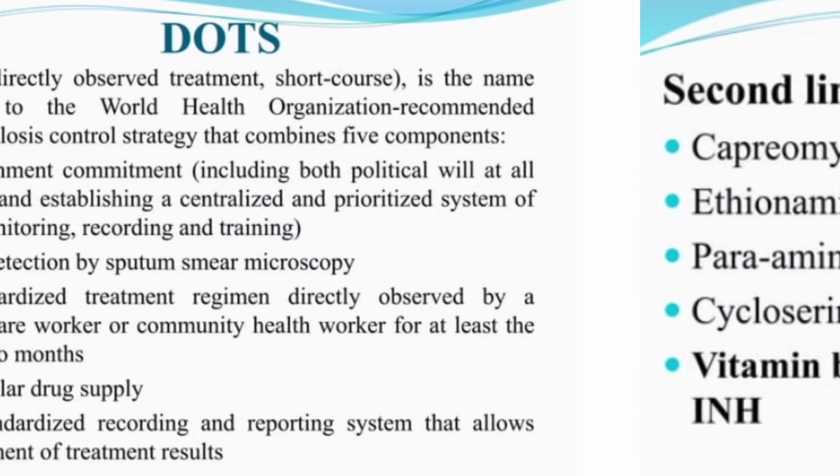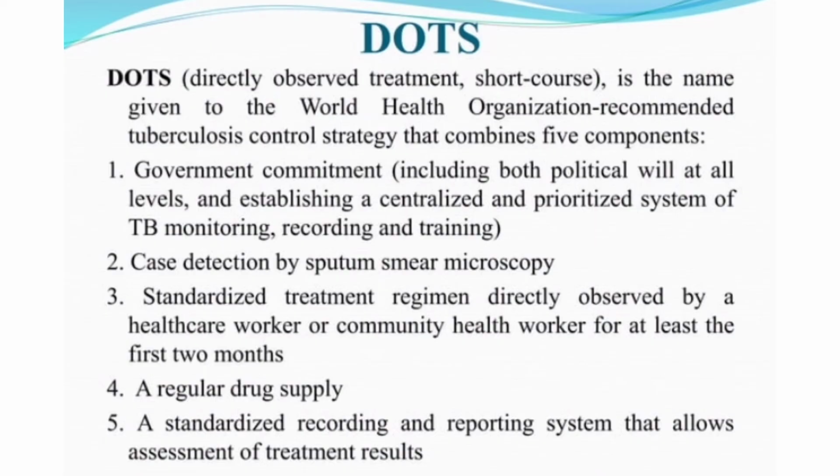Next comes DOTS in TB. DOTS means directly observed treatment. This name is given to the World Health Organization recommended tuberculosis control strategy that combines 5 components. First is government commitment. It includes both political will at all levels and establishing a centralized and prioritized system of TB